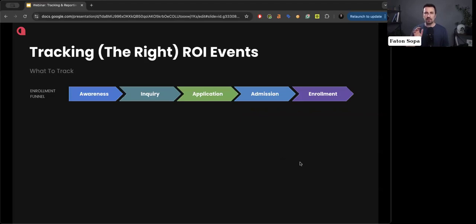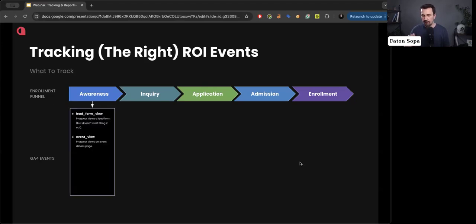The first step towards measuring the ROI is building an ROI system based on metrics that measure. Here are some events that we recommend you track regarding measuring the marketing ROI. First is lead form view.